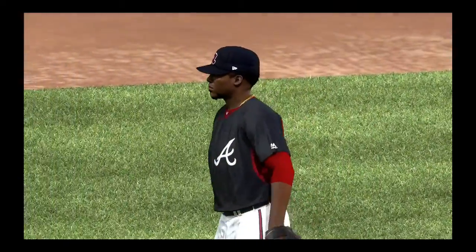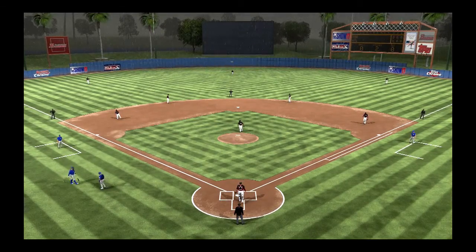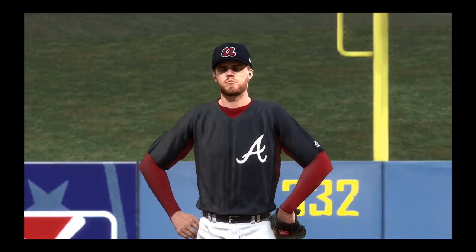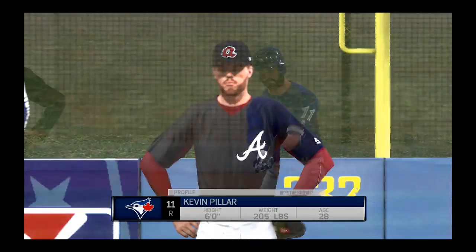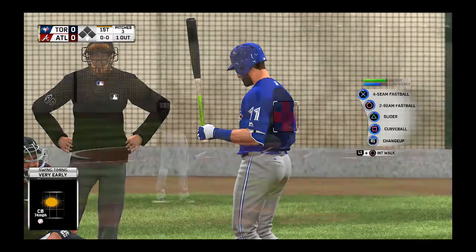To me, when it's raining, the approach at the plate has to change a little bit, especially if you're a guy that can run a little bit. Put the ball in play any way possible, especially on the ground. Making plays in the rain becomes exponentially tougher to do when it's wet. So these offenses...